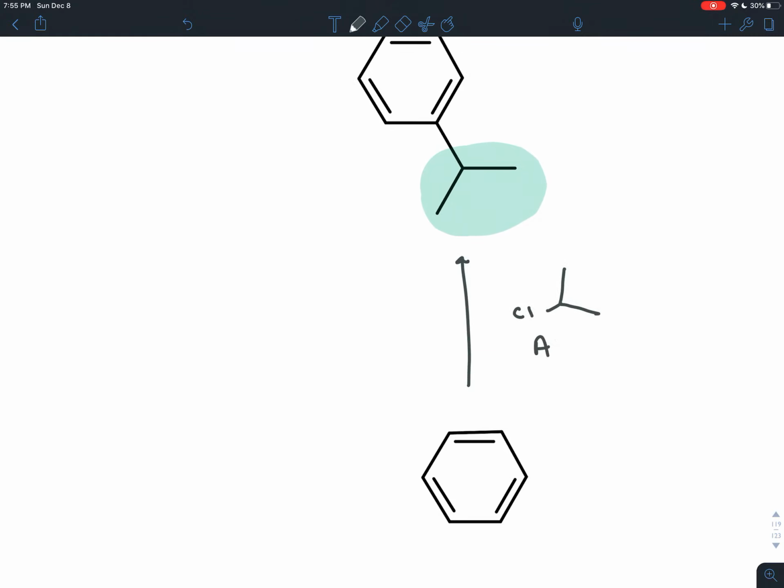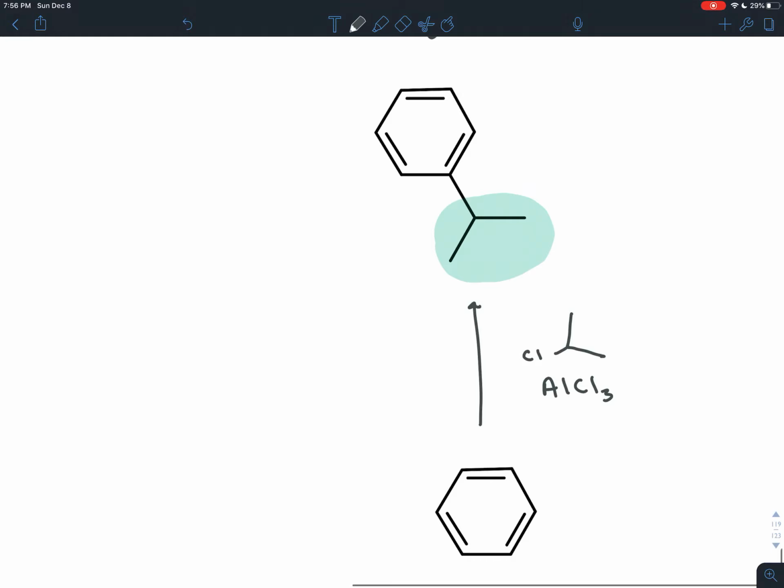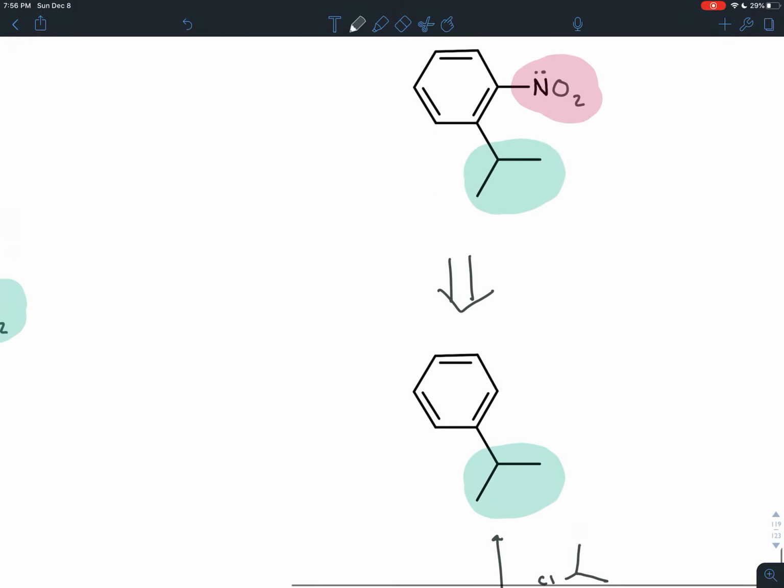So we can use that, and we just need a catalyst, AlCl3. We don't have to worry about this rearranging because the carbocation that could form here would be secondary, so it wouldn't rearrange to either of the primary positions. And that would add that group onto that ring. Now, at this point, we'd want to add